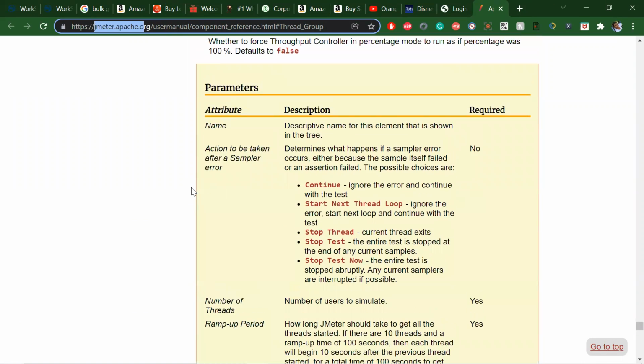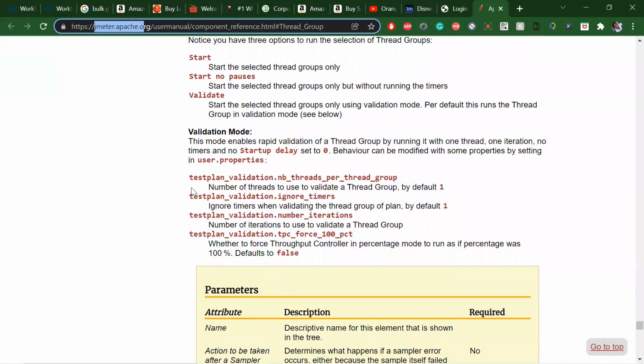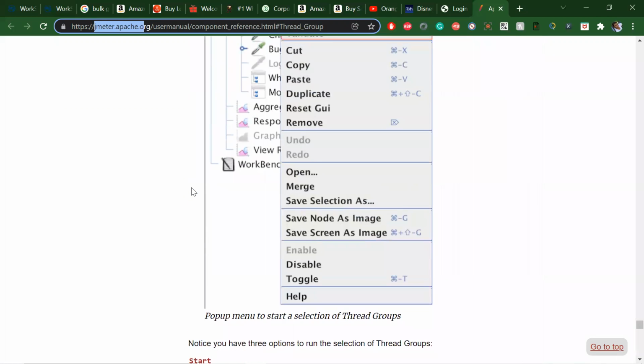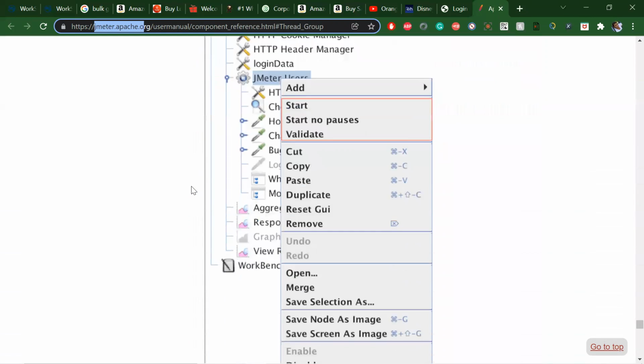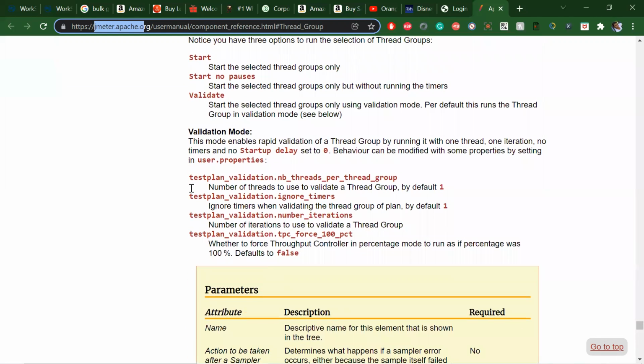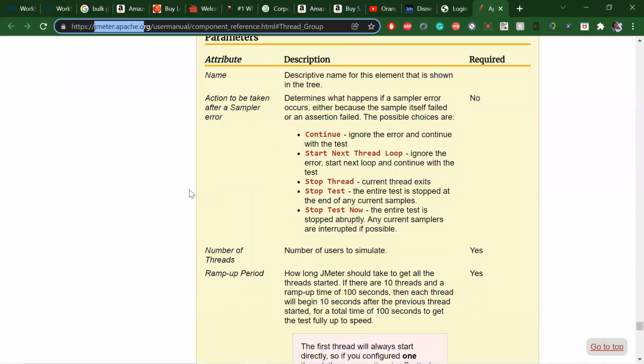This is a new component which I added, and I'm also not aware of what exactly it does. Maybe the users that are getting logged in, from the CSV file, will not go to the next iteration. I'm also thinking the same way, but we need some official confirmation.